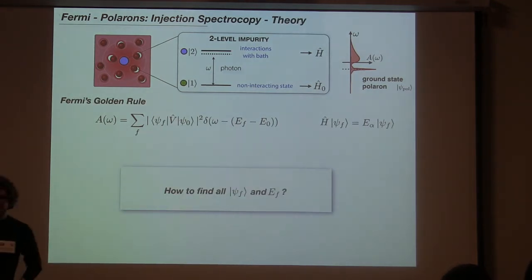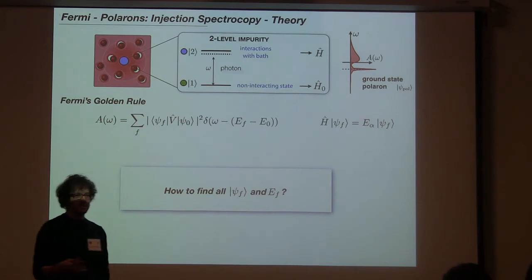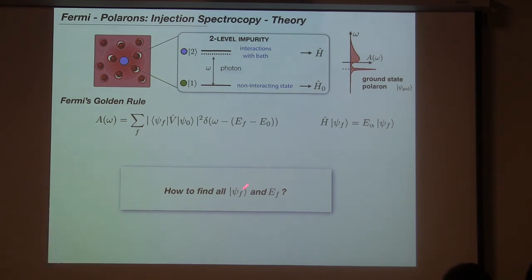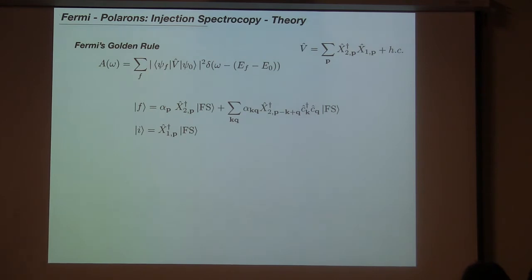Now I cheated you a little bit, because I suddenly threw at you excited states of the Hamiltonian. And we did the variational principle, so we minimized energy and got just the lowest state of the system. So how do we actually find all these excited states of this Hamiltonian? And how do we find their eigenenergies? We did the variational principle just for the ground state. And so the question is, how could we get there when we just work with a variational wave function of this type?